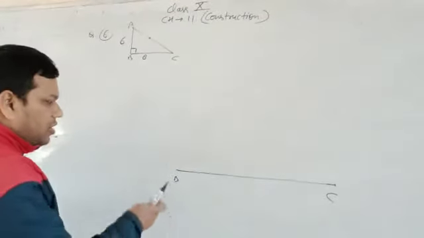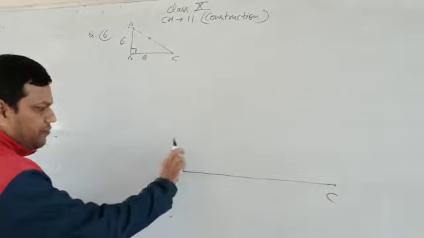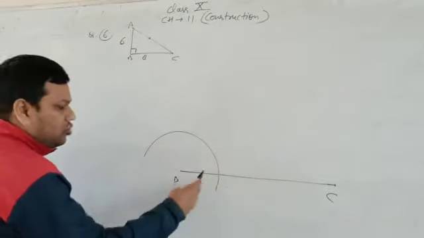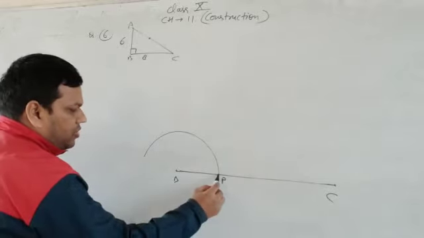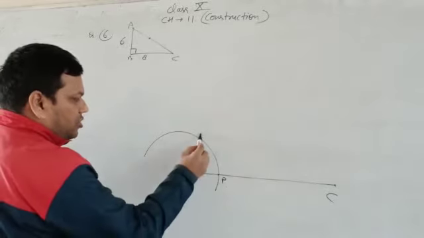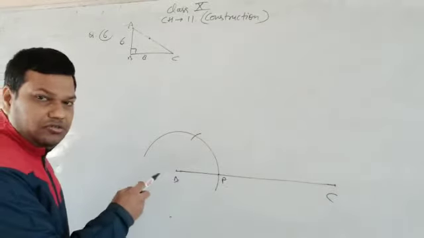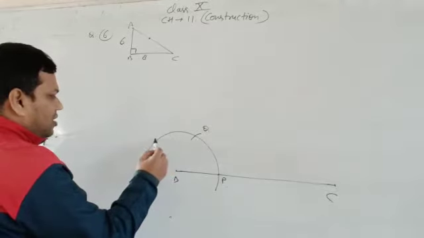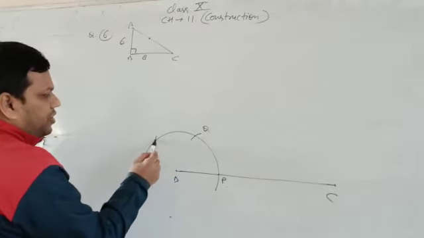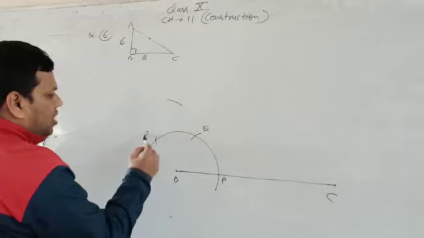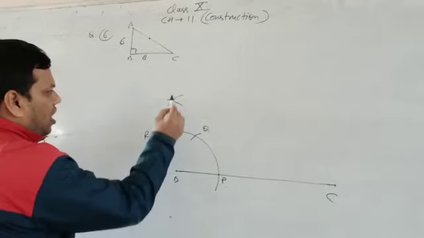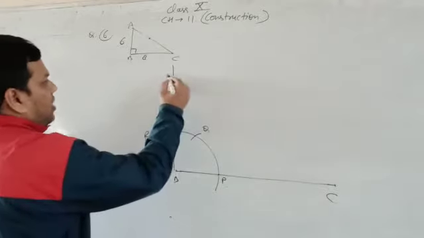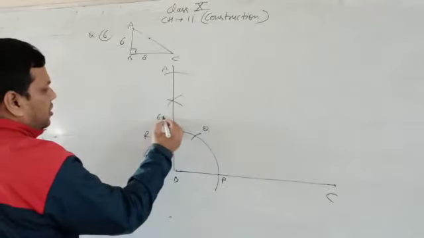First of all, with center B and any radius you can draw an arc like that. Let's say it cuts at P, right? From P with the same arc, this is 60 degree. You know that from this you can say this is Q. From this and this you can have 120 degree, and then from R and Q the both arcs will intersect where we draw the right angle. And now cut this A, that is 6 centimeter.